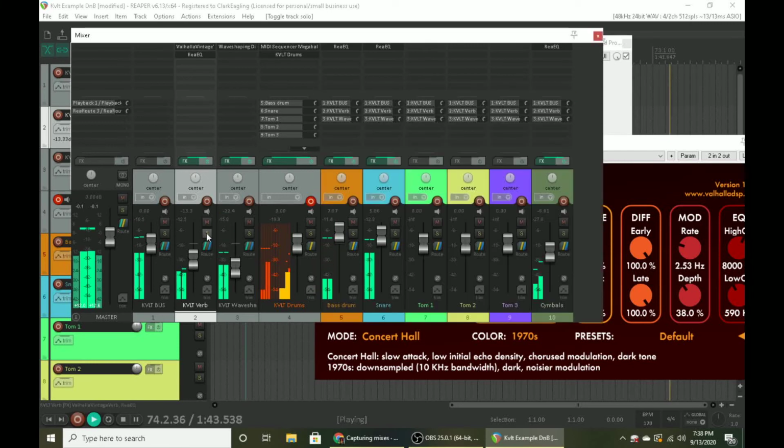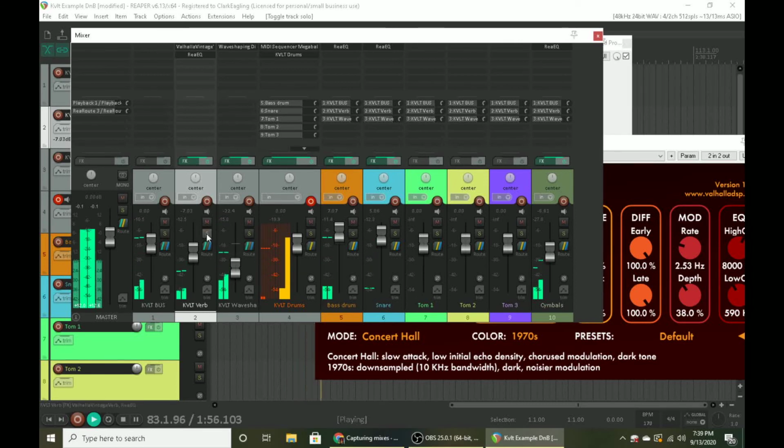So anyways, reverb off, reverb on. It's just adding a bit. There's our plain drums. There's our cool drums. We could also, if we want this reverb to be a little bit livelier and a little bit nastier sounding, we could try